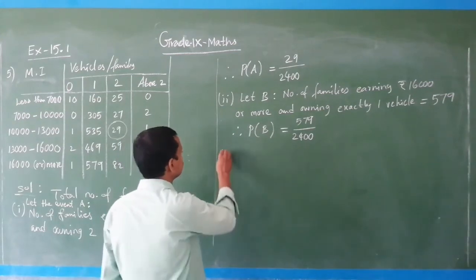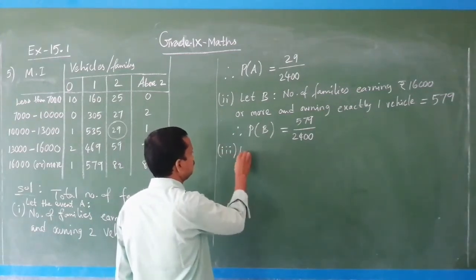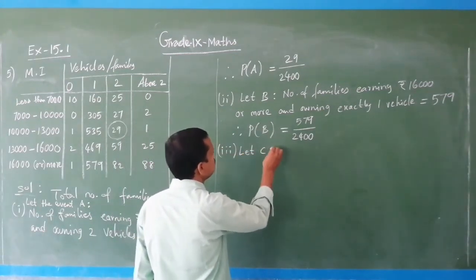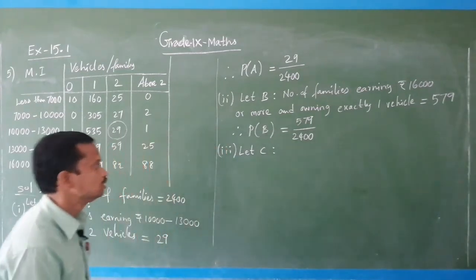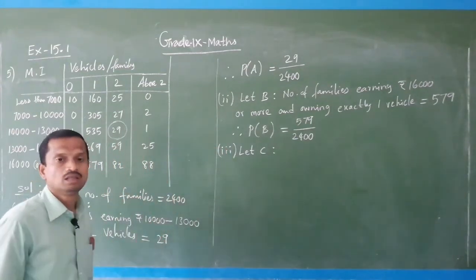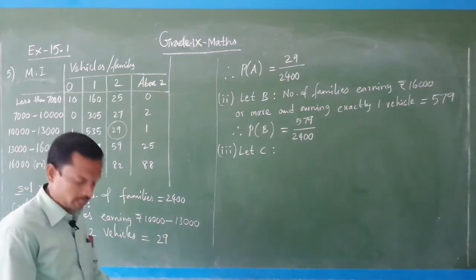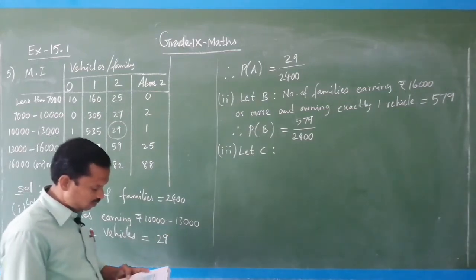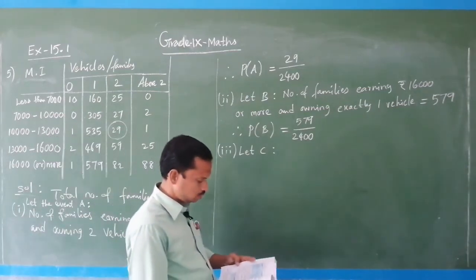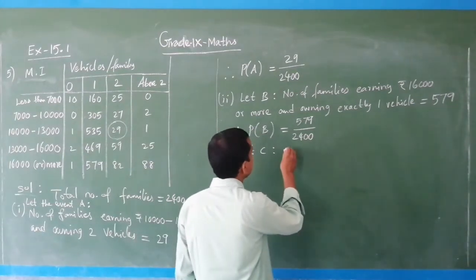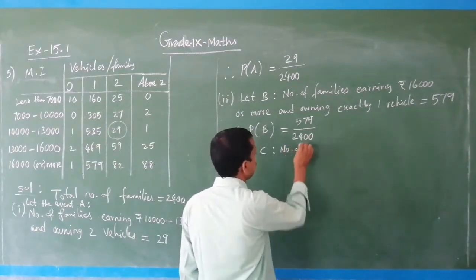That's all. And option 3, let this event be C. Okay, you have to name it as let C. So colon means you have to write the matter that is given in option 3. So the number of families